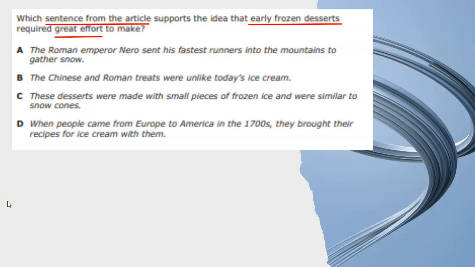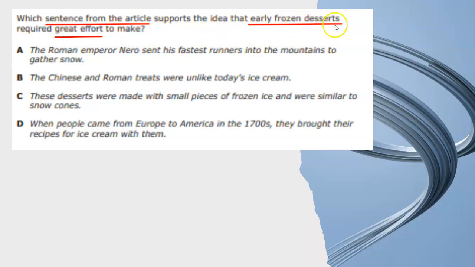So here is a question from our example text this week, a dessert with a long history. If you notice, I went through and we highlighted some keywords. So the question is, which sentence from the article supports the idea that early frozen desserts require great effort to make? So way back in step number 2, we went through here and we highlighted the key words or phrases, sentence from the article, which tells me I'm looking for the exact sentence that appears in the article,